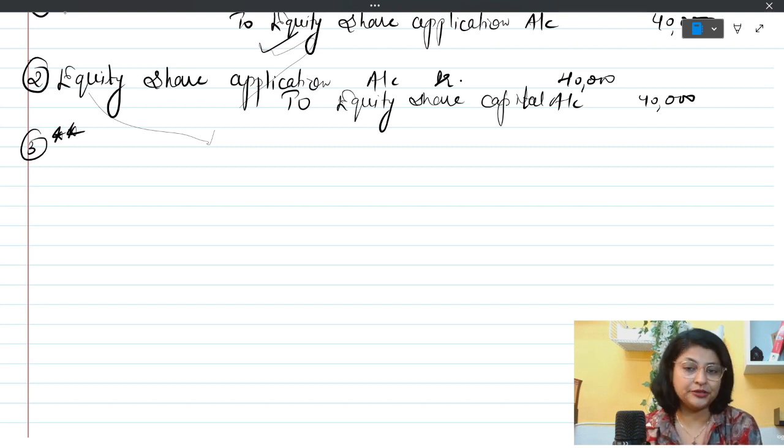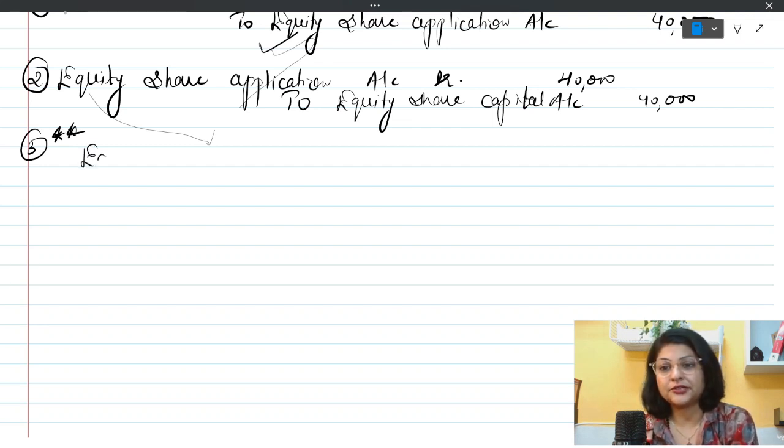I had told you in the previous class also, only in the application it happens that first you receive the money and then it is transferred to share capital. But from the allotment onwards, first you're asking the public to pay the money, and then it is getting transferred in the first entry itself to equity share capital. So here the entry is going to be equity share allotment